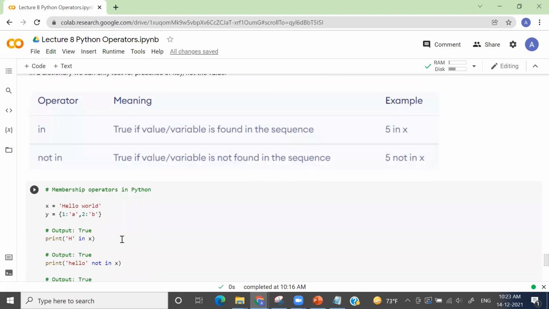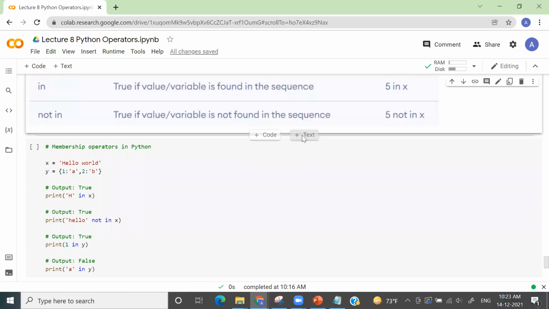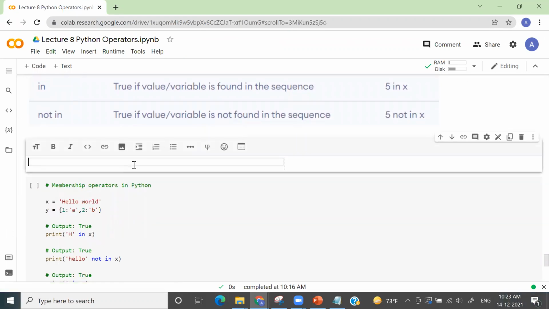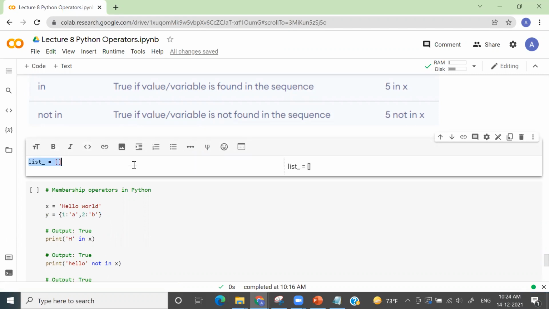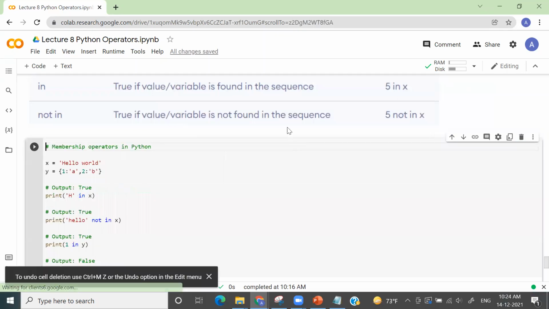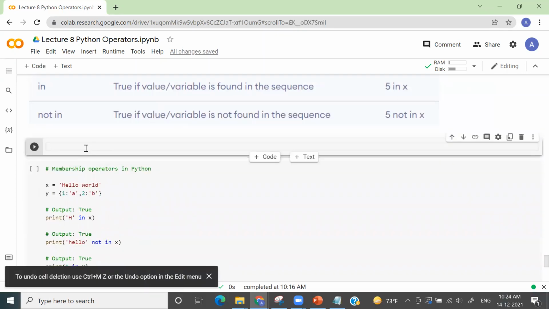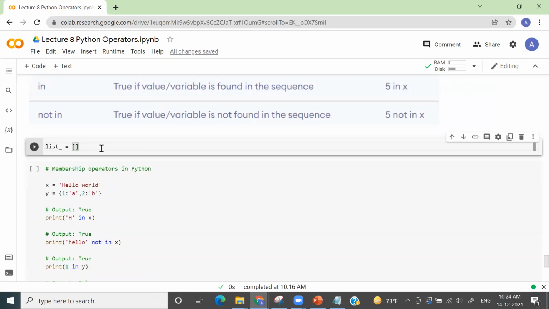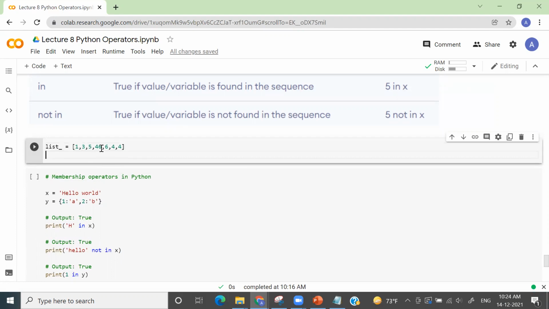Okay. So let's say that I have defined a list. I am defining a list and I'm putting some numbers into it. Let's say that I am putting these random numbers, and I want to check if this particular list is containing some specific number.